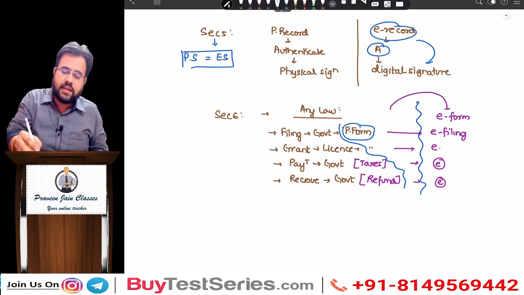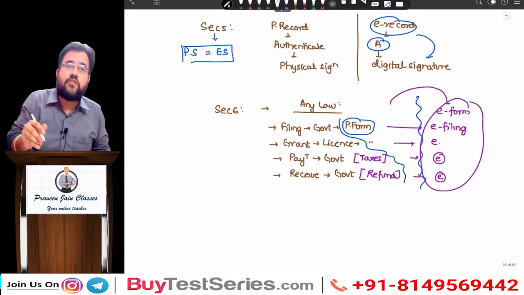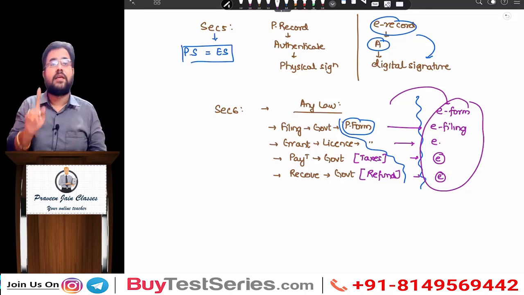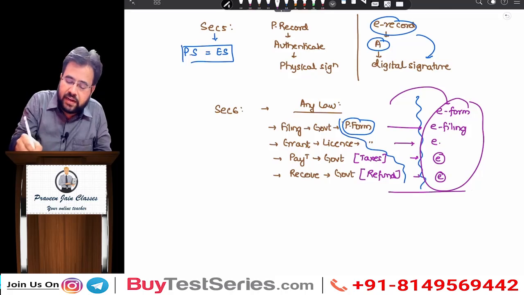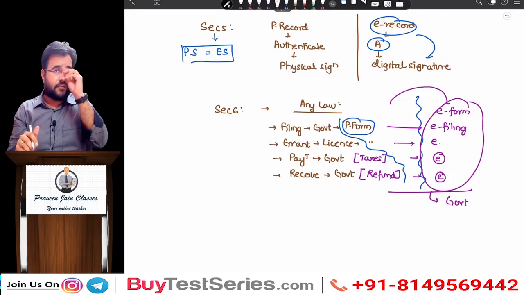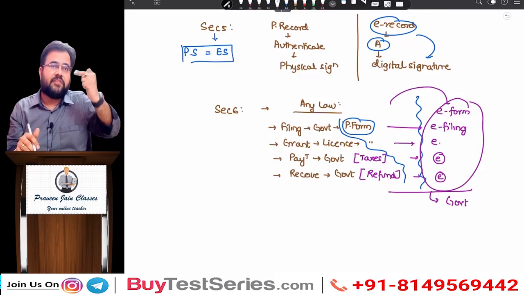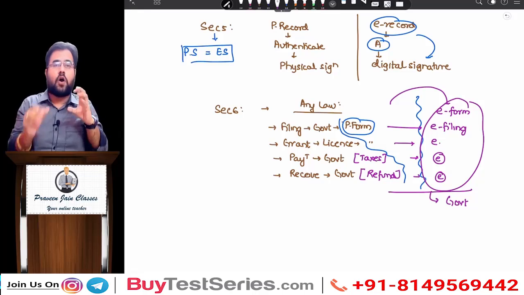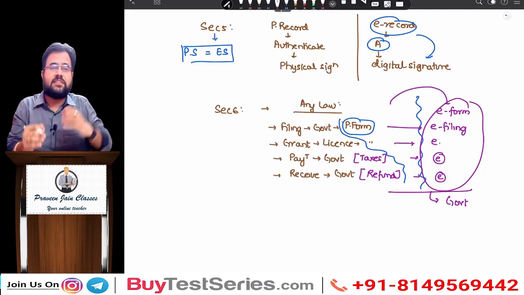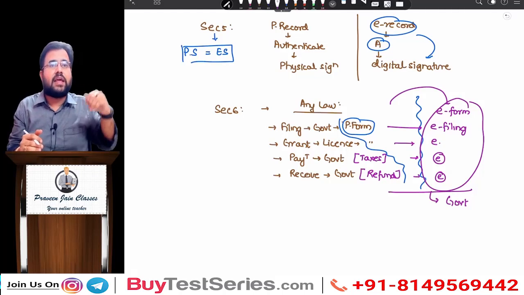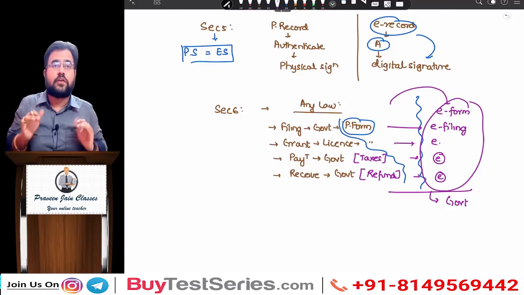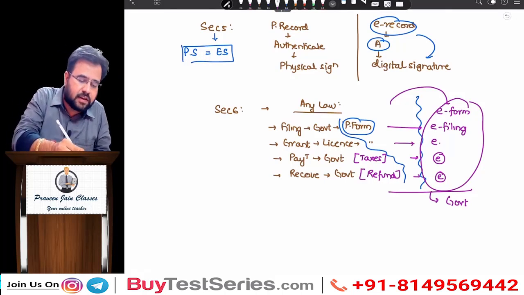In other words, can I say this section is giving validity for these 4 transactions, and all this validity is given only if you are doing this with whom, sir? Government. Meaning filing the form with the government, the government giving you a license, you paying taxes to the government, or the government giving money to you, sir. All these, who were interacting, sir? Government and individual. Earlier in a physical manner, all 4 things you can now do in an electronic manner, sir. Who gave that validity? Section number 6.